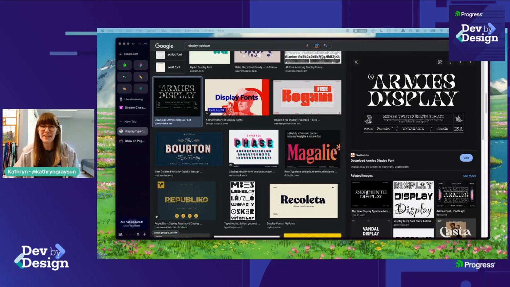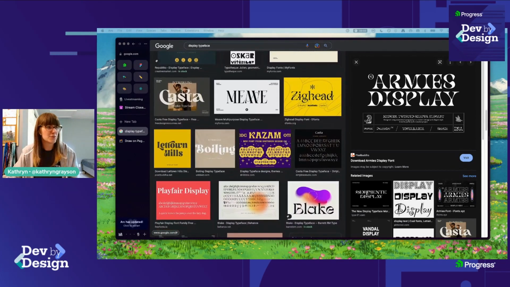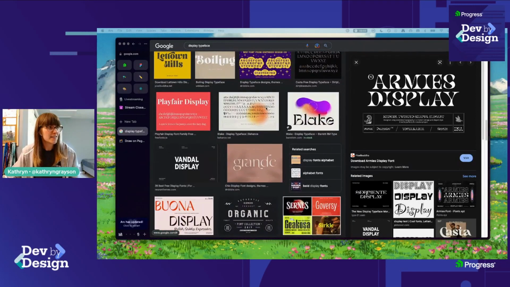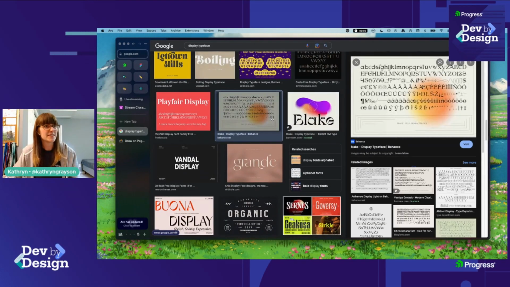So you have to be very careful about where and how you use them. You don't want to use them too much because they can feel very overwhelming. You don't want to use them at small sizes, and you don't want to use them ever for large blocks of text. It's even like, right, so this one is just showing you all of the different